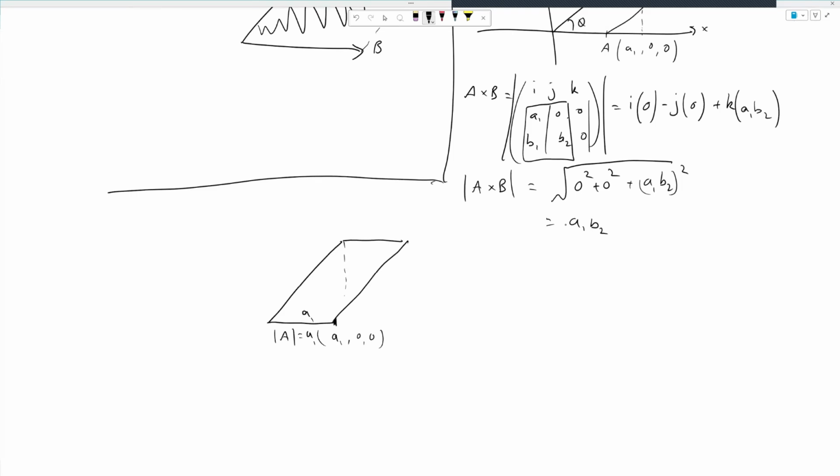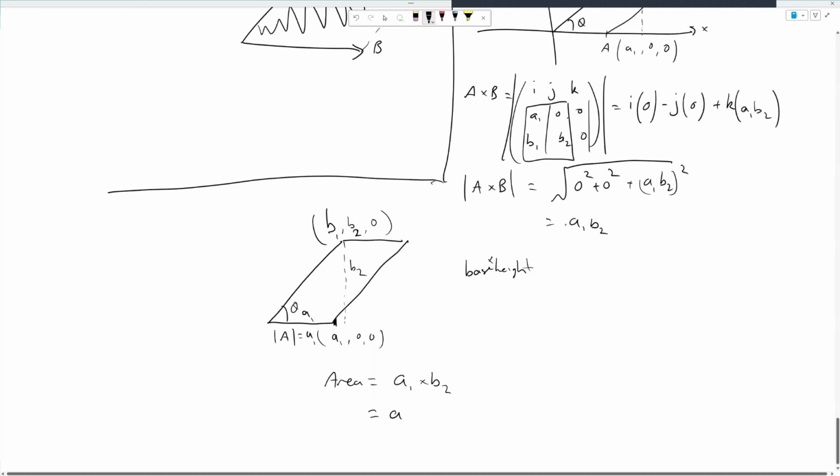Now we want the height of this as well, because the area of a parallelogram is given by the base times height, and we know what the base is, A1. This is theta. But in our case, because B is (B1, B2, 0), we know that this height is B2. So the area is equal to the base, which is A1 times B2, which is also equal to the length of the cross product A cross